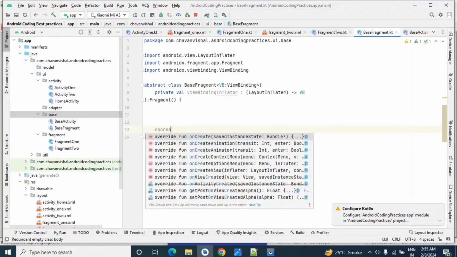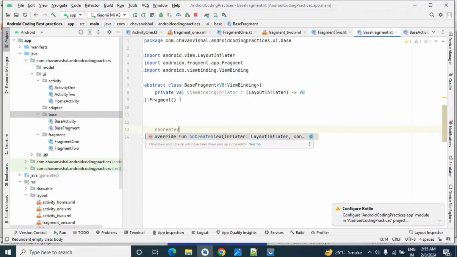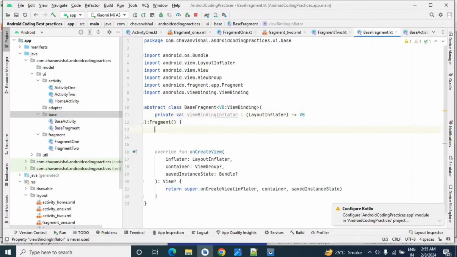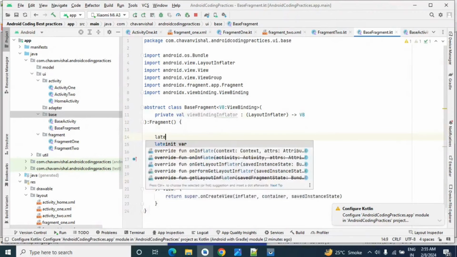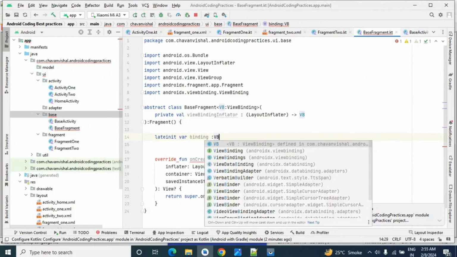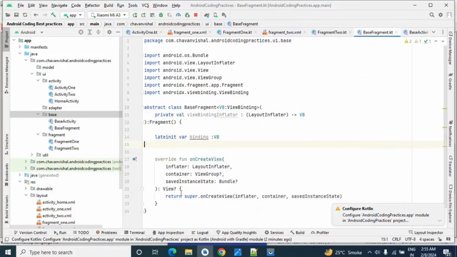Now let's override this on create view method. Before this, we will create one variable for binding, VB.